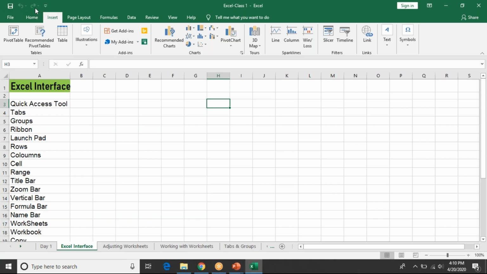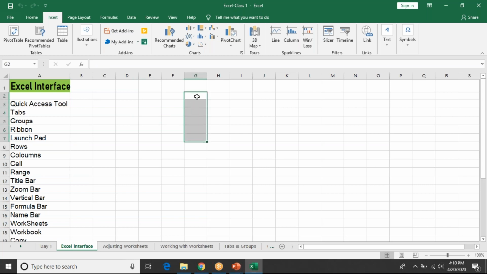How you add tools to the Quick Access Toolbar, I'm going to explain as we go on. So now we understood what tabs, groups, ribbon, launcher, rows, columns and cells are. Now what is a range? A set of cells is called a range, like G4, 5, 6, 7.